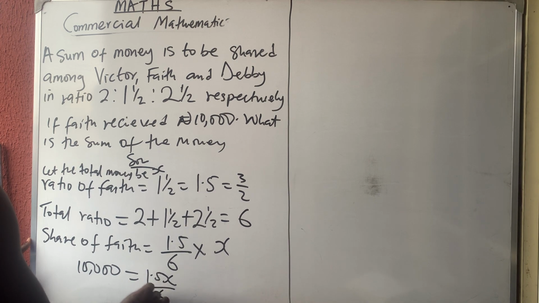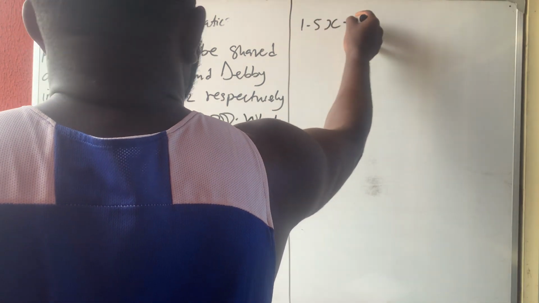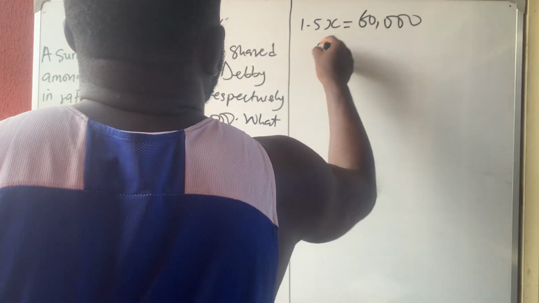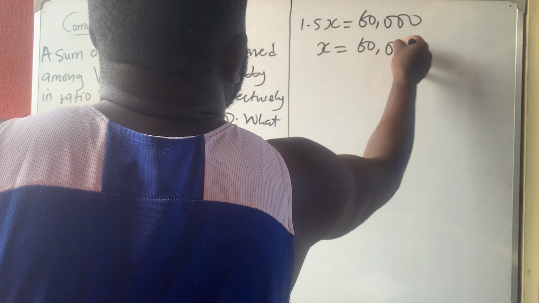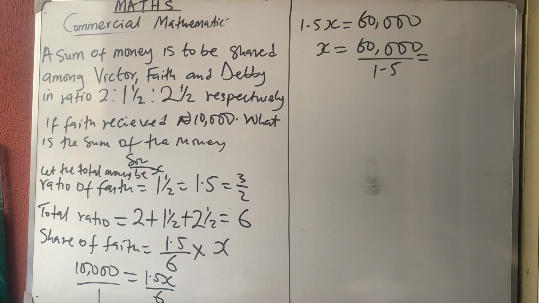1.5x divided by 6. So we can cross multiply to have 1.5x is equal to what? 6 times 10,000 will give you 60,000. So therefore x is now 60,000 divided by 1.5. So 60,000 divided by 1.5. So we are going to get